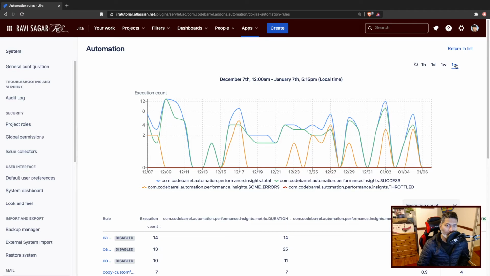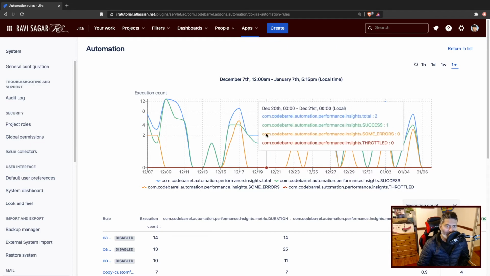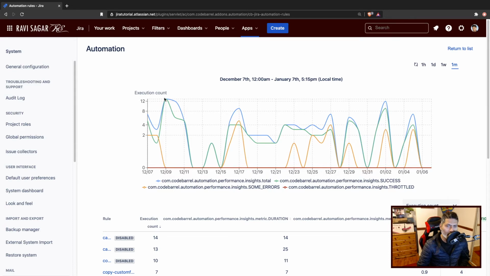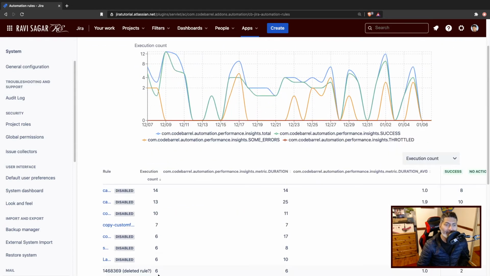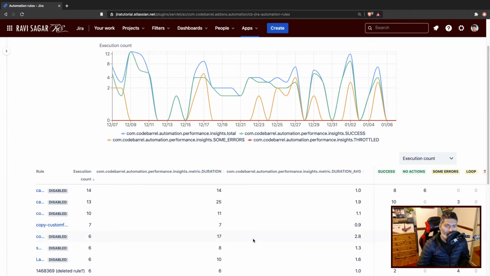So for example, if you look here on this particular graph, we have the information starting from December 7th till today, January 7th, and it will tell you information about the execution count, and you can also take a look at the details of various rules that you may have in your Jira instance. For example, you can take a look at the details of all the rules by their execution count. For example, this specific rule, which is doing something with the cascading select list, has the maximum number of executions,